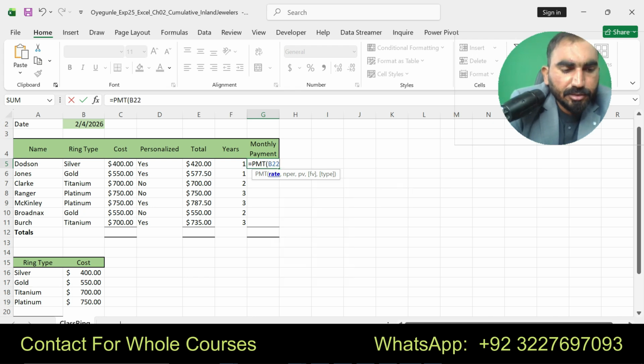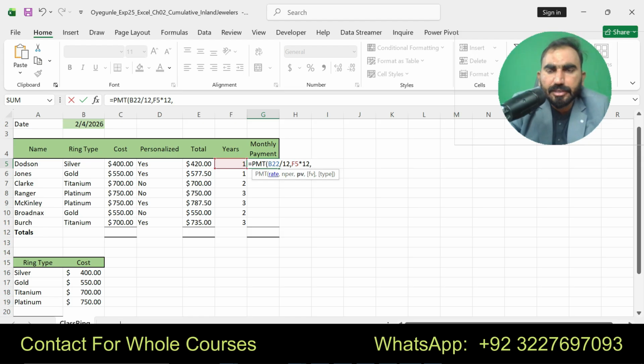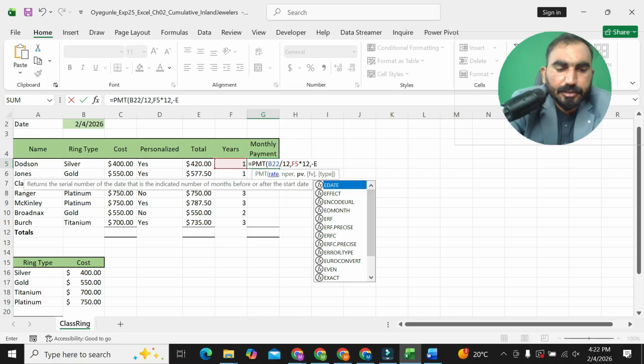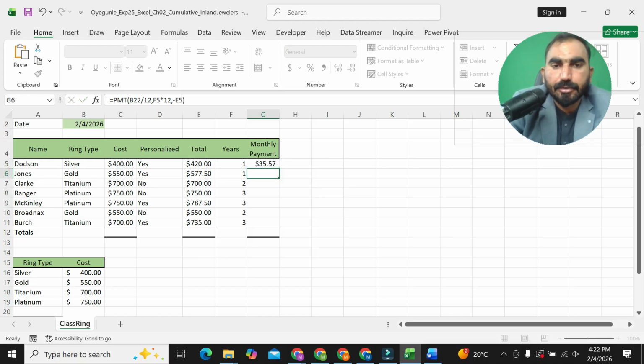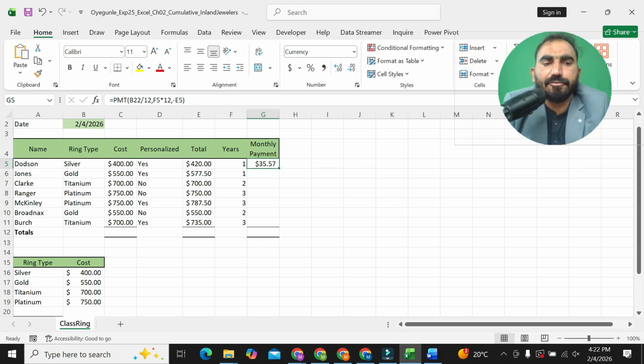B22 divided by 12, F5 multiplied by 12, comma, E5. Here you can see I am going to do this one, E5, and here you can see I have found the values by applying the PMT function.